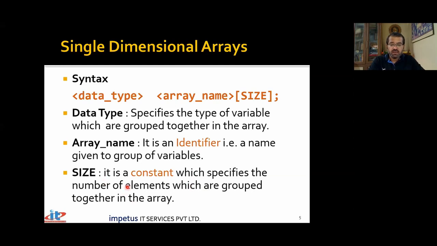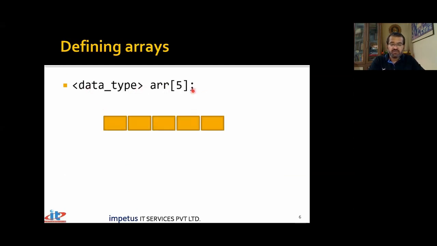Now to understand this, let's take an example. If I say data type, array name, 5, so what is this ARR? ARR is the name given to this group of variables. How many variables are there inside this group? If I had used number 5 here, that means there are 5 variables inside this group. What is the data type of all those elements? Whatever you may have specified. If I had said int, each of these variables is of type int. If I had said char, these are a group of 5 character variables. Had I said float, it's a group of 5 float variables, and so on. So this data type specifies the data type of each of these variables. This number specifies how many such variables are clubbed together inside this array. And this ARR is nothing but the name given to that particular group.